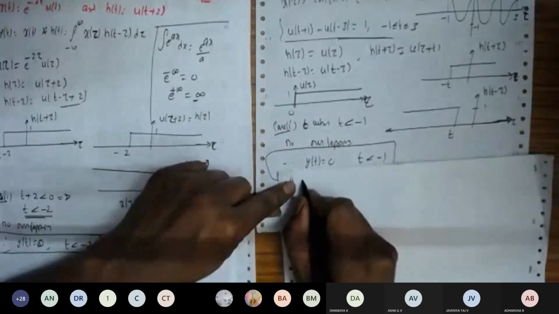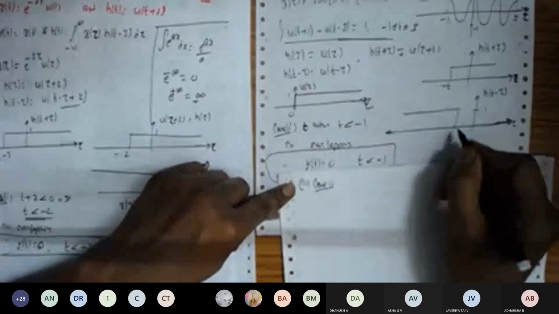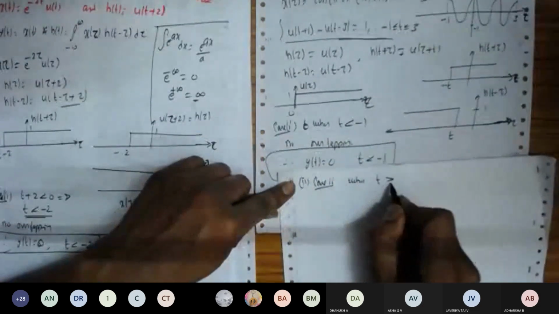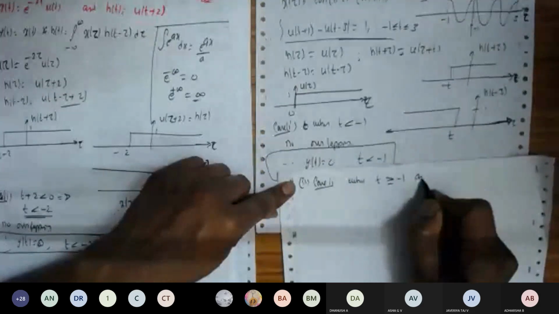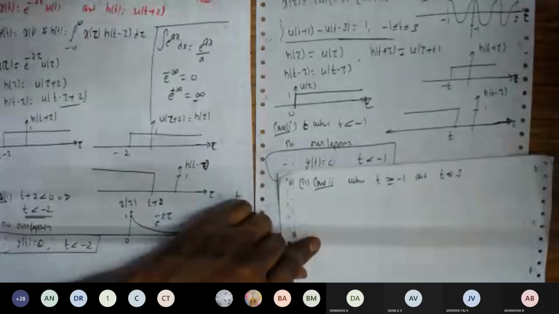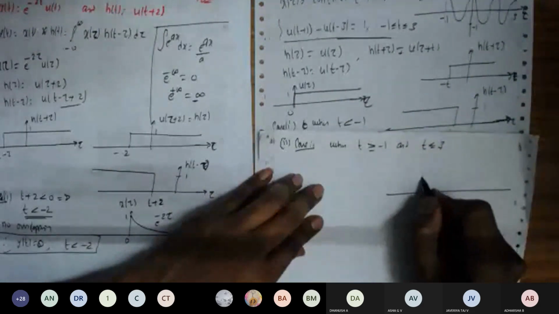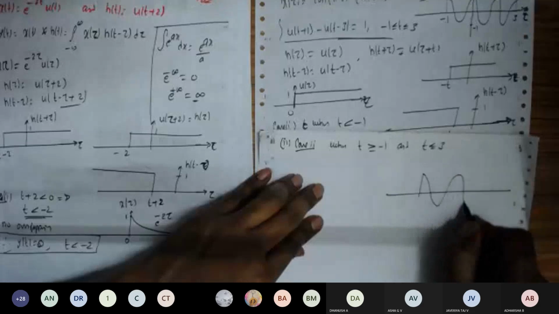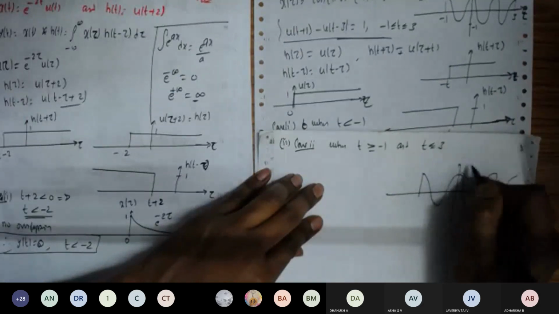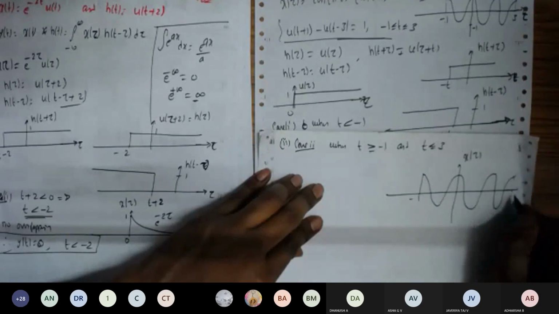So take case 2. Case 2: t is greater than or equal to minus 1 and t is less than or equal to 3. So let us plot the waveform for x of tau. This is the value which is going from minus 1 to plus 3. So this is x of tau, from minus 1 to 3. So this is tau,